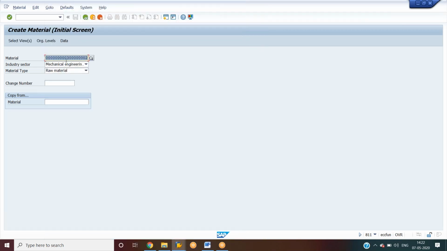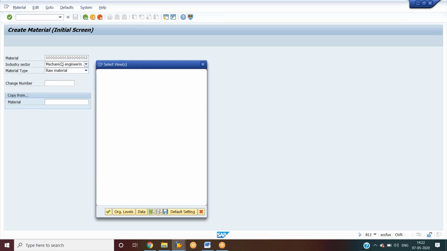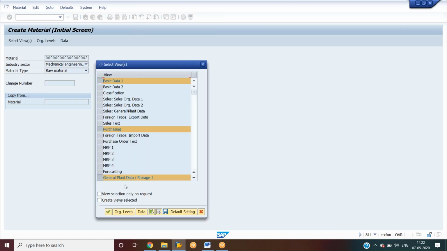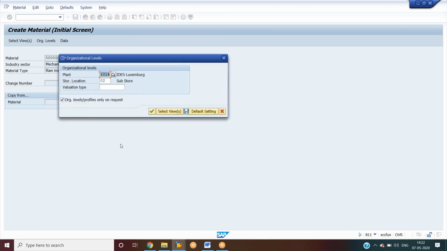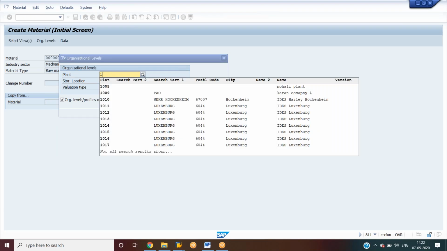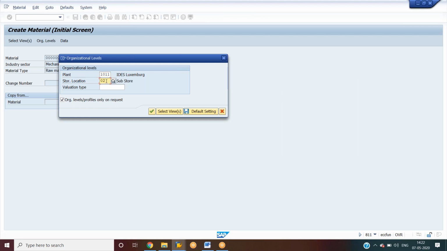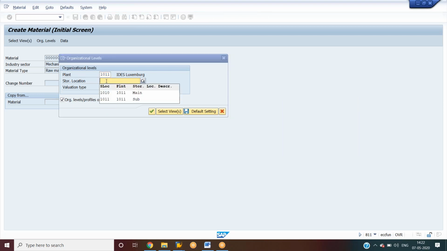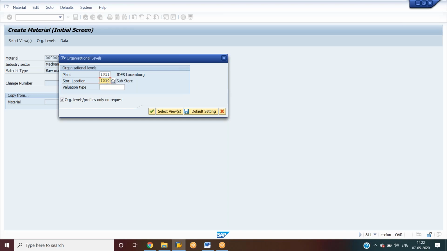So this is the material we have created, and just click enter and select the views and click on organization level. And previously, what is the plant we have maintained? The plant is 1313, right? Now I want to extend this material to some other plant, okay, and the storage location is 1010.